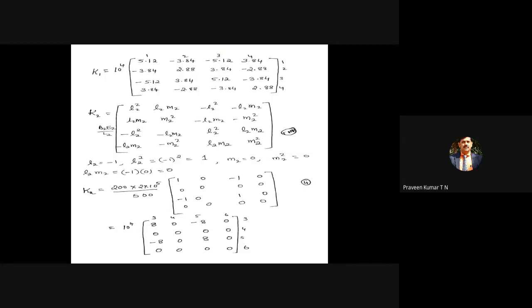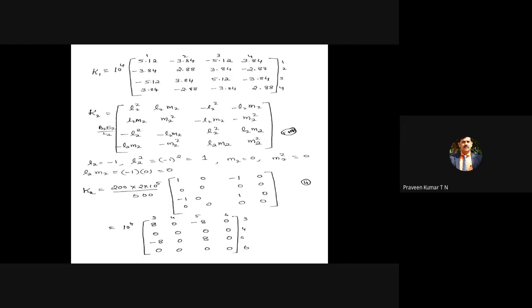This is the final stiffness matrix, because element 1 is made up of nodes 1 and 2. You have to remember we have 2 degrees of freedom for each element node. Hence the corresponding DOF I am showing here: 1, 2, that is corresponding to displacement along the x direction of node 1, and DOF 2 corresponds to displacement of element node 1 along the y direction. Similarly, for node 2, the displacement along the x direction is Q3, and displacement along the y direction is Q4, that I already showed in the previous slides.